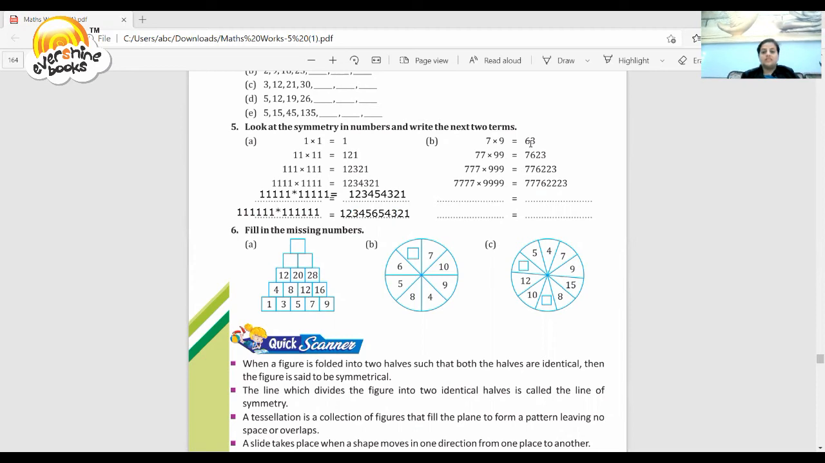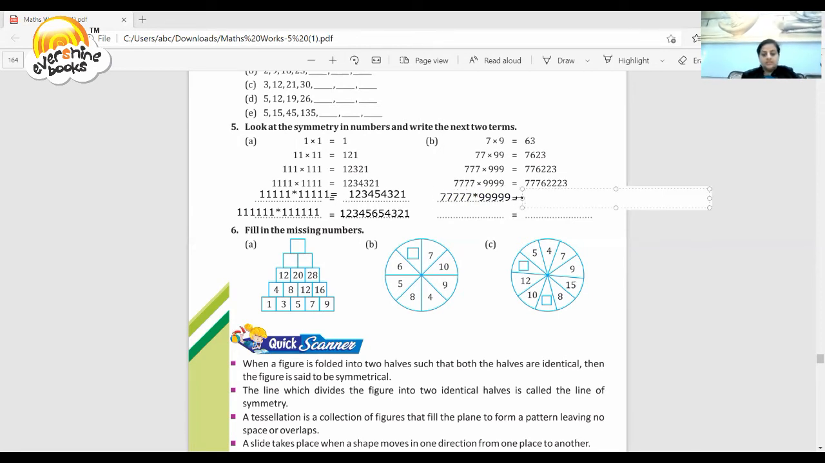Now, 7 into 9 is 63. Now, 77 into 99 is 7623, but 2 has come here. Now, 7, 7, 2, 2 is coming 2 times. 7, 7, 3 times 2 is coming. Here we will write 4 times, 5 times 7 into 99999, 5 times 9. So the answer will come here